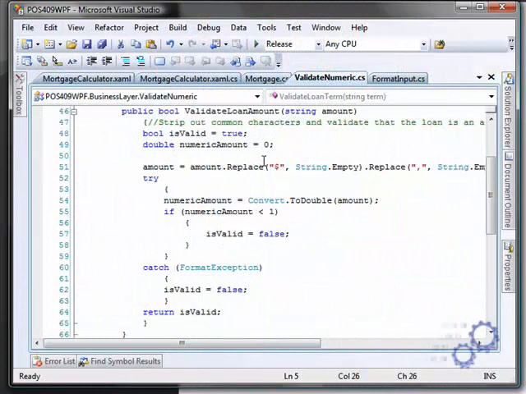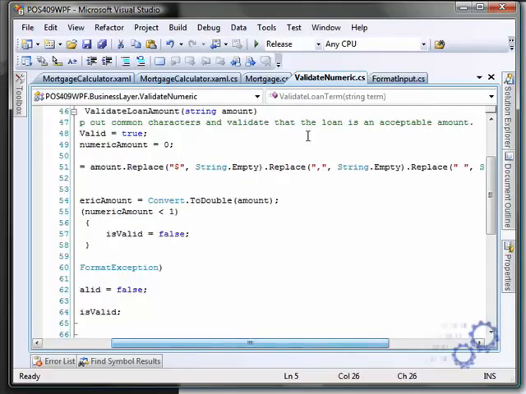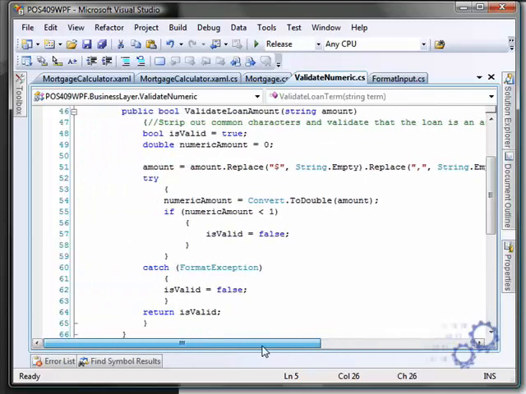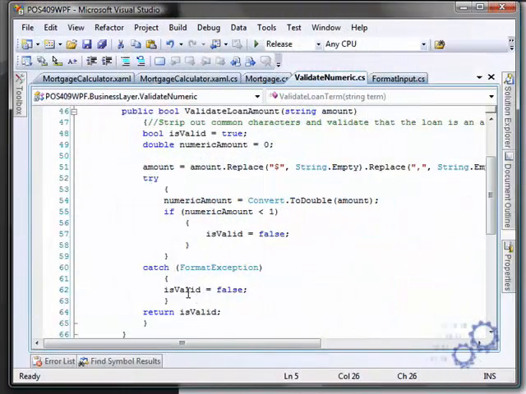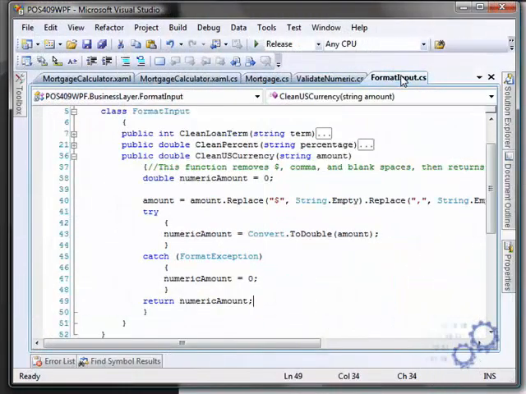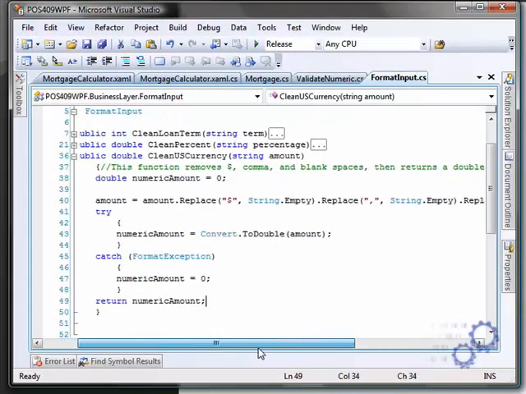To validate the numeric data, what I do is just strip out common characters, like for a dollar or a loan amount, I strip out a $ sign, the comma, and any blank spaces. Then I attempt to convert it to a double and check if it's greater than $1. And if so, then I return true that the loan amount is valid. When getting input from the user, you always want to make sure that you're not passing in any bad data